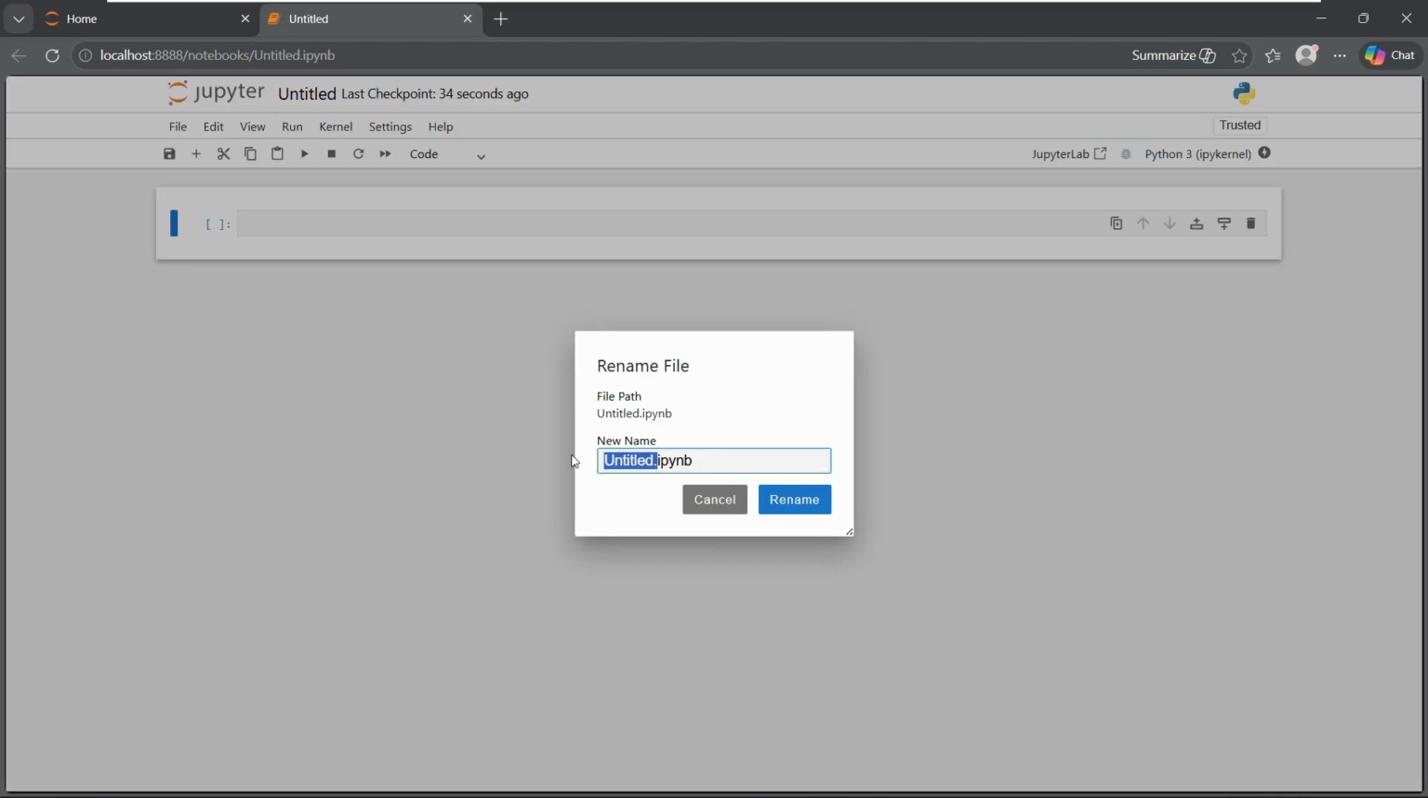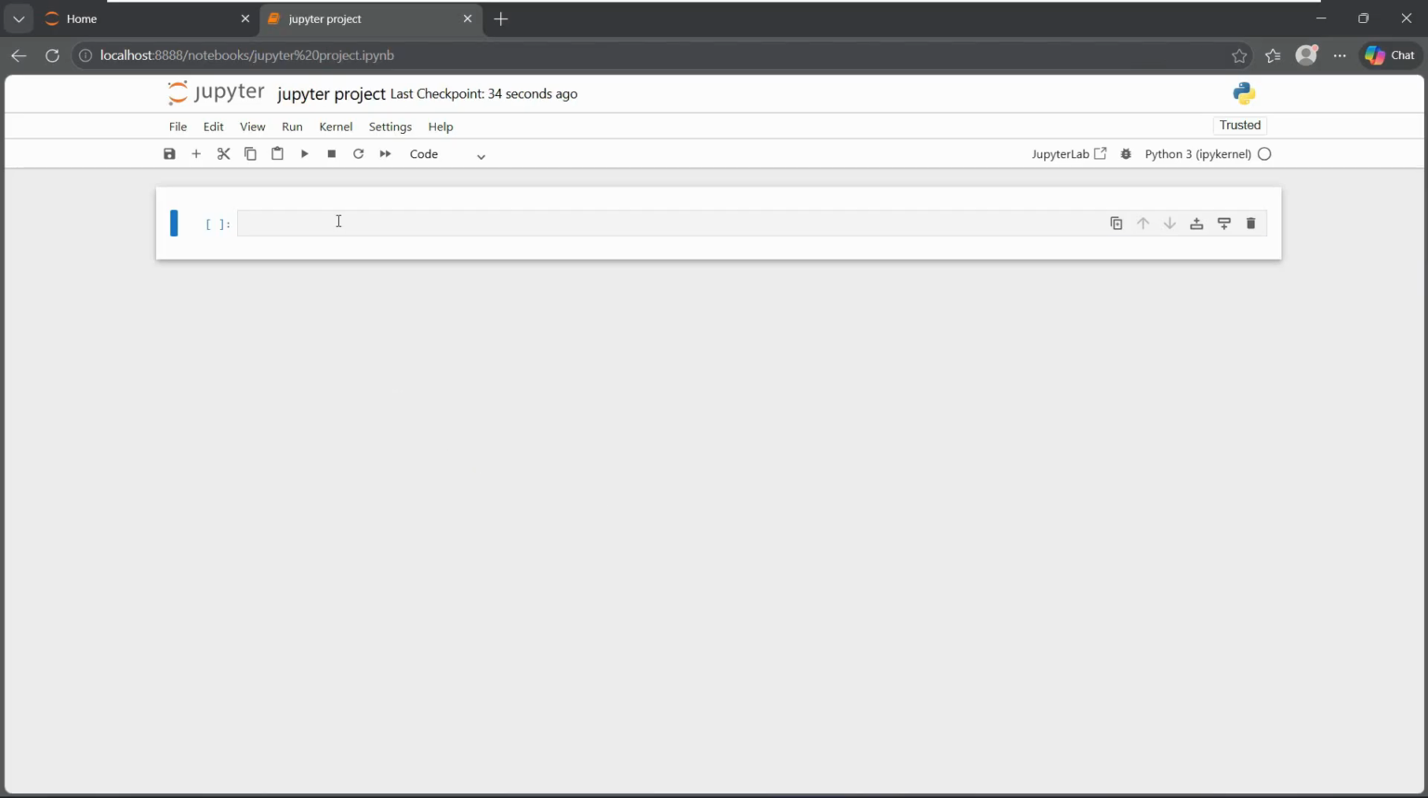As soon as you create that, it will open up a new window for you. Again, we name it like my first project, or let's say Jupyter project, something like this, and the dot extension should be kept intact. Click on rename,